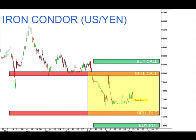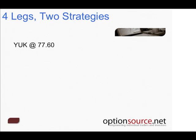Now, sure, one day one position is going to look like it's losing money over the next position, and so on. This is why we have to have a bigger picture outlook and look to the expiration date as the point we're concerned about, because we're going to see fluctuations in our position throughout the life cycle of the strategy. As long as we're trading below 80 in this case, or above 75.5 in the case of the puts, we really don't have anything to worry about. So in this particular case, we're looking at 4 legs, which is the term we give to a strategy utilizing a number of different